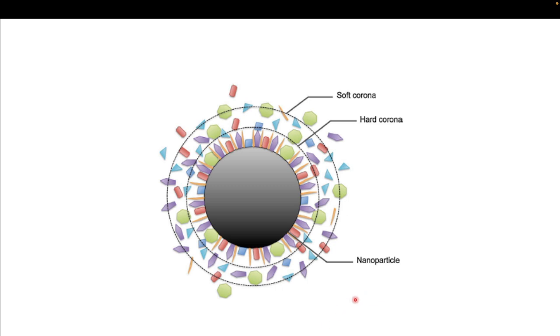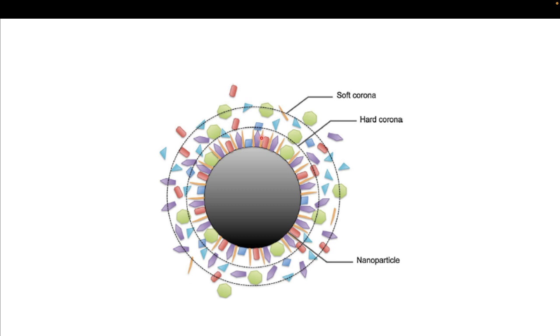So as adsorption can happen on material surfaces in plants, it can also happen on nanoparticles, because proteins are very, very small in size compared to these nanoparticles. So what happens is, when you inject nanoparticles in the patient's body, there's this corona layer that forms. Initially some proteins will come and get adsorbed over it,